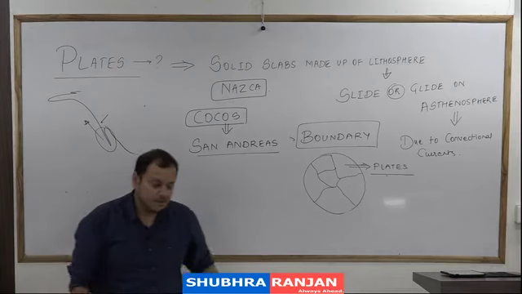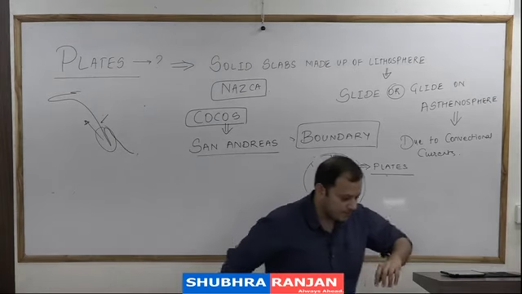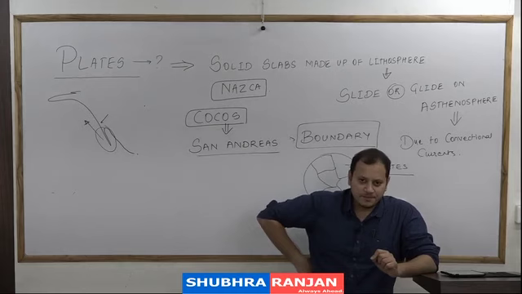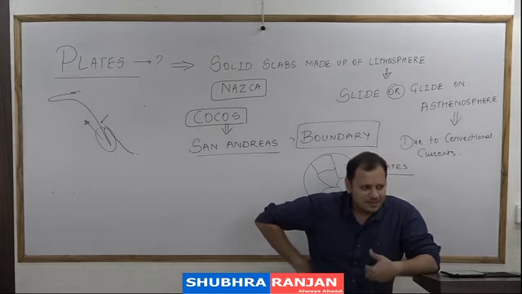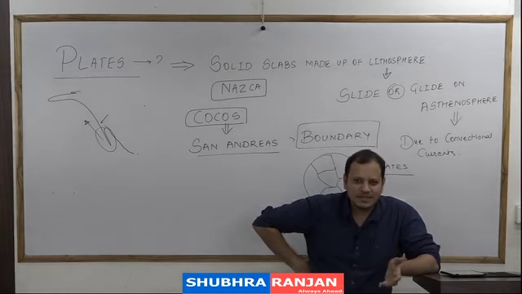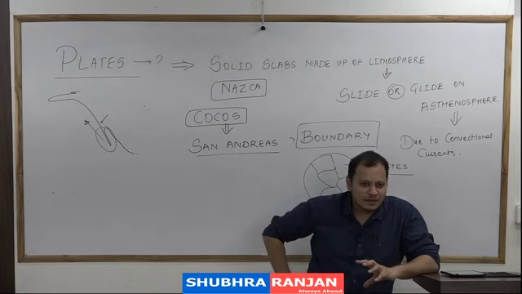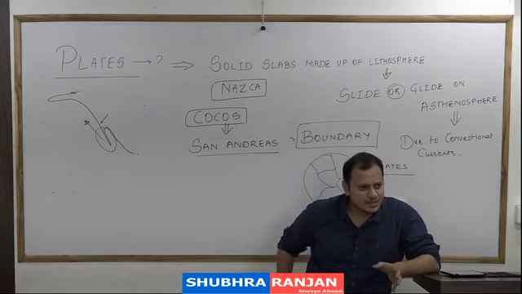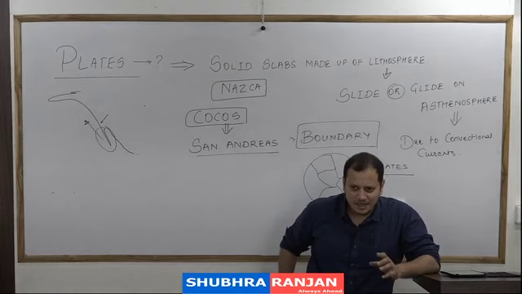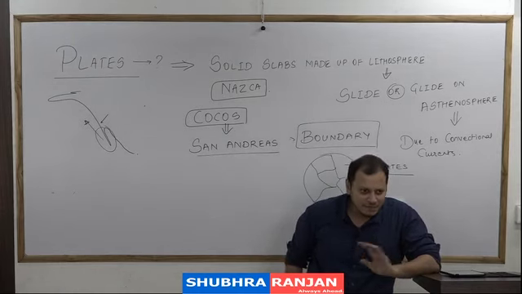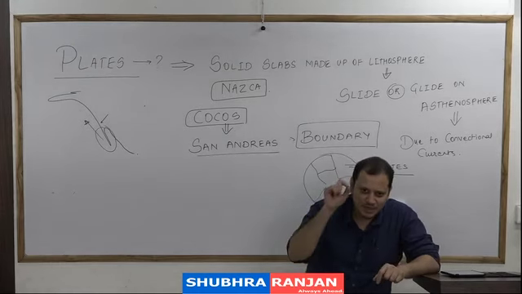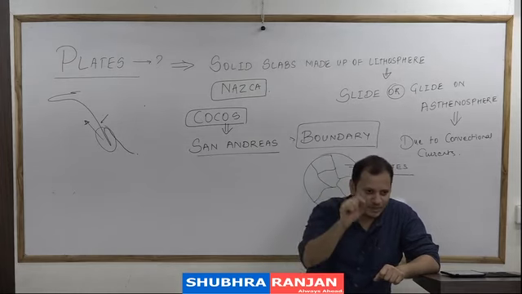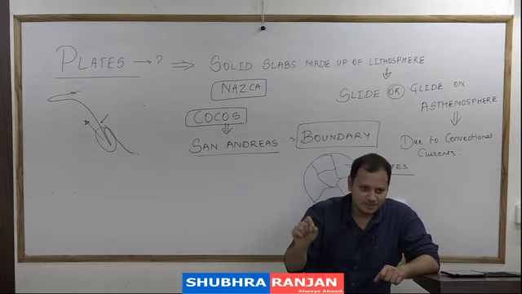Above the Cocos plate is the Juan de Fuca plate. The Juan de Fuca plate is a minor plate. We will see that this is one of the regions where we have the famous hot springs and geysers of the world, for what is known as Yellowstone National Park. Yellowstone National Park, every one of you has seen it, if you have seen Jurassic Park Part 1, that movie. That movie was shot in Yellowstone National Park.